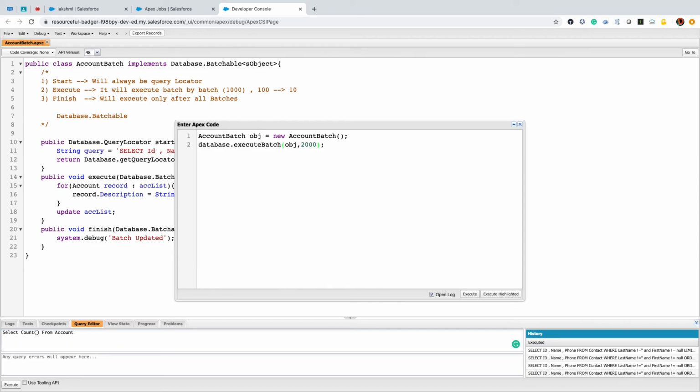The reason behind this is that in one DML operation you can perform only within 2000 records. More than 2000 records you can't update, delete or insert. There are limitations in the system. So 2000 is the maximum size limit that you can think of. But I recommend not going even near that; 1000 is the maximum limit and the best way that you can handle your batch Apex. Clear? Any doubt on this?